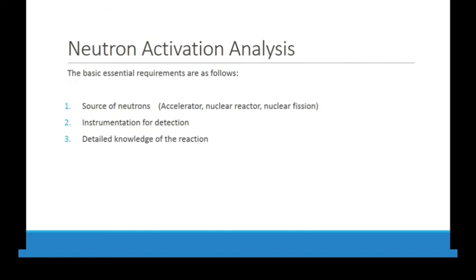Accelerator, nuclear reactor, nuclear fission. You already learned about the previous reaction, the nuclear fission reaction. Once a nuclear reaction starts, it is difficult to stop. So it is also very important for nuclear war. That's why every country is thinking before having a nuclear war about how you will stop it. It is also not possible to stop a nuclear war.